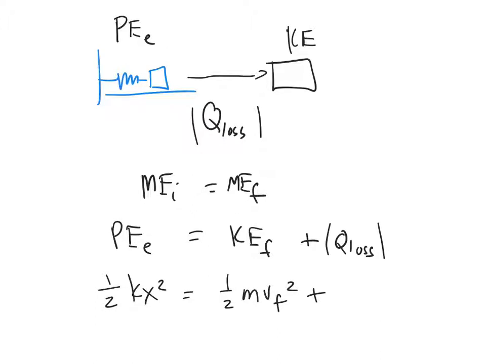Q loss could be many things. It could be given to you as a number. If Q loss is 12 joules, you just plug it in. But here it asked about how far did it travel in distance. And what is Q loss usually? The work done by? Yeah. Work done by friction is Ff times d times cos theta. That's the work done by friction. So in a problem that you're trying to find out how far it has slid across the ground,